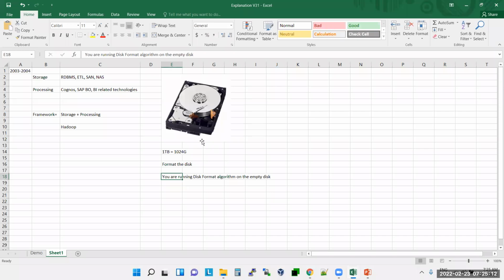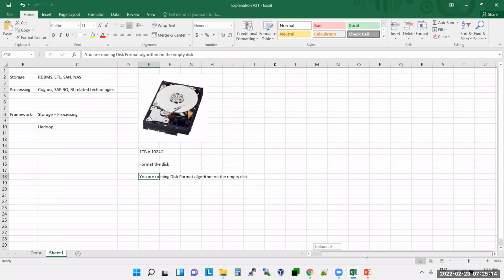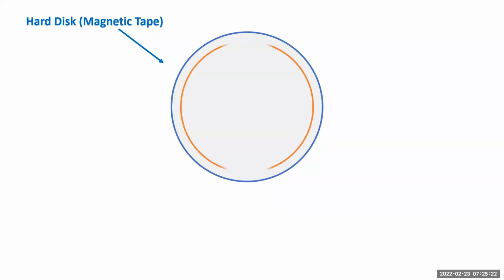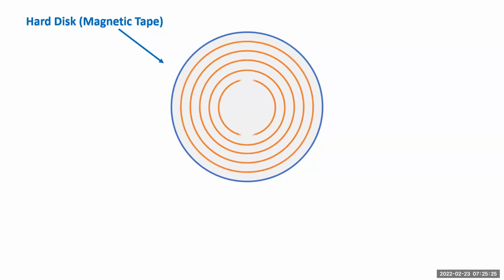Normally, what happens when you format your hard disk? Think like this. Initially this is your hard disk, an empty magnetic tape. When you run the format command on your hard disk, first it will divide the entire disk into tracks. Each one here is called a track.